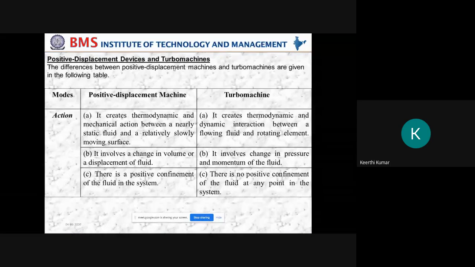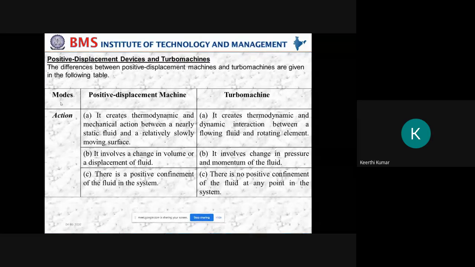Now what do you mean by a positive displacement machine? In a positive displacement machine also the fluid interaction will be there, but there will be no rotary motion. There will be a reciprocatory motion. Remember, in most applications of positive displacement machines there will be reciprocatory motion and fluid interaction. But in turbo machines, in all cases, there will be rotary motion and the fluid. In some cases there is rotary motion also in positive displacement machines, and I will tell how to identify that. But remember, in positive displacement machines, in most cases there will be a reciprocatory motion.